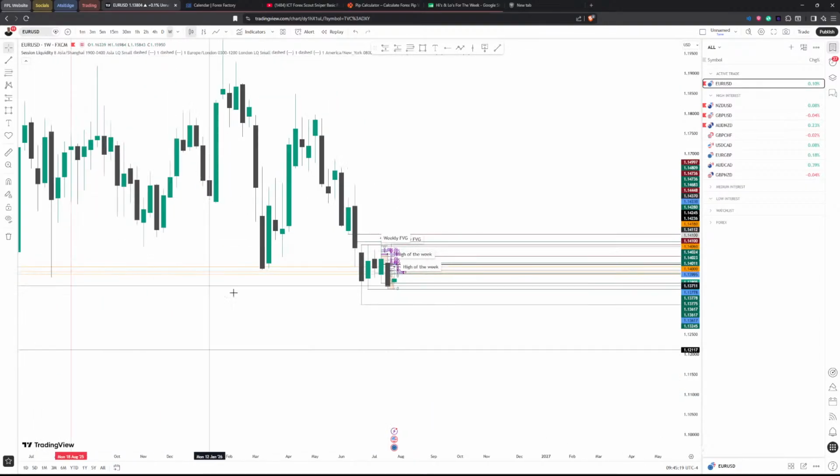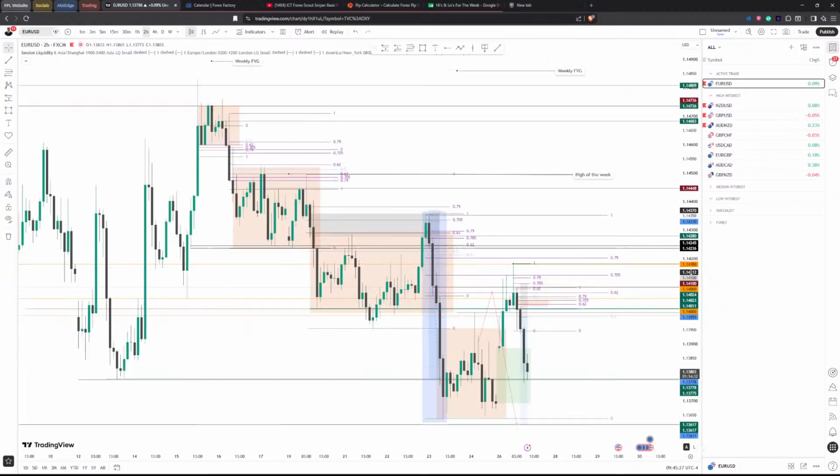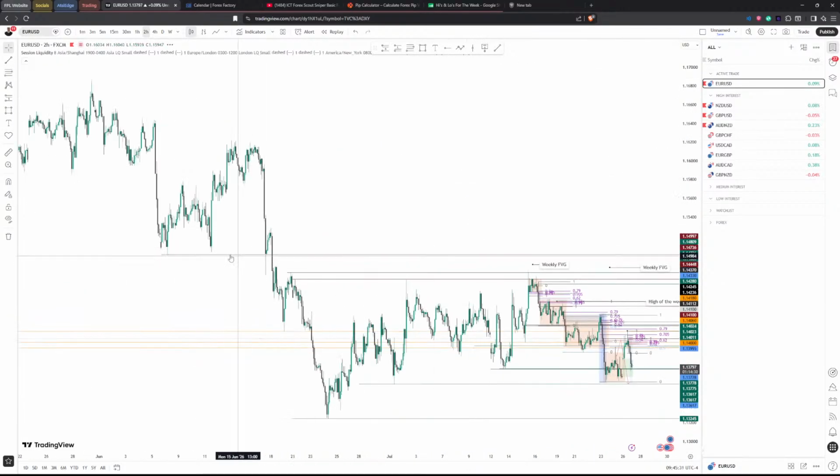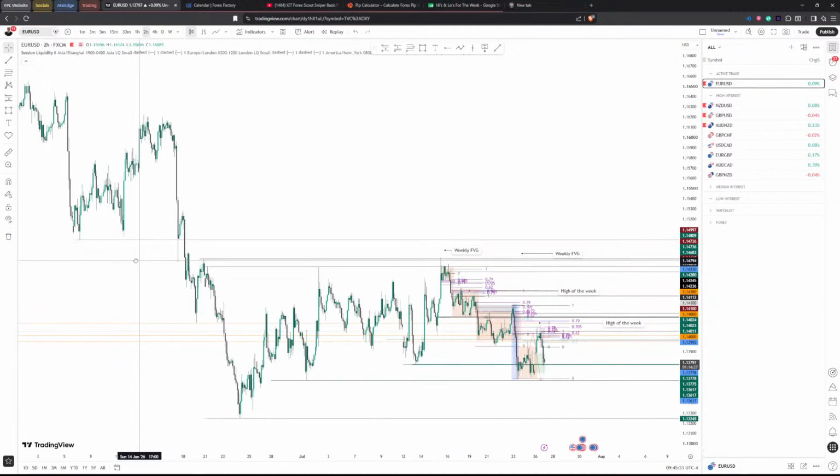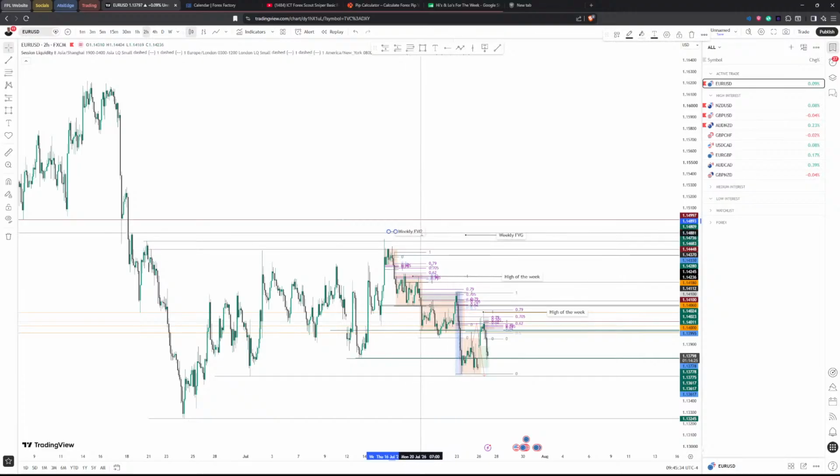So if we bring back the drawings, we've marked this off, which is this low right here, which lines up here almost as equal lows. We've marked this low off. So now we can zoom in a little bit, because there are a lot of notes. This is the weekly fair value gap, the maroon lines are showing the weekly fair value gap. We can actually delete that. We've done that already. We don't need this. This was the sweep.